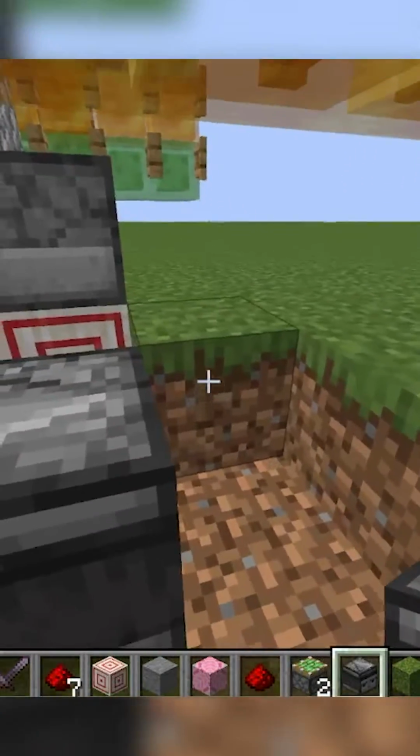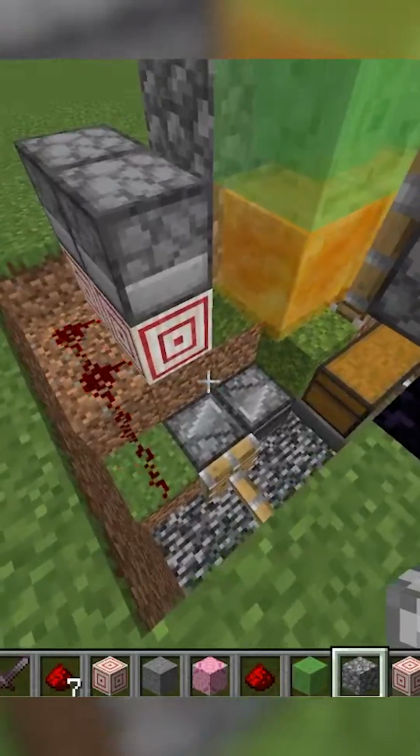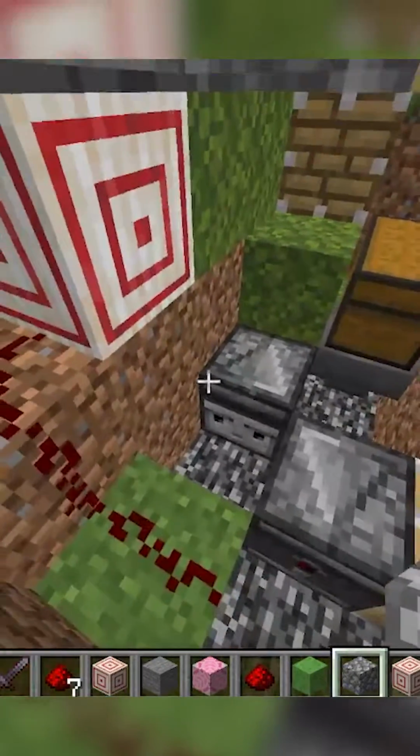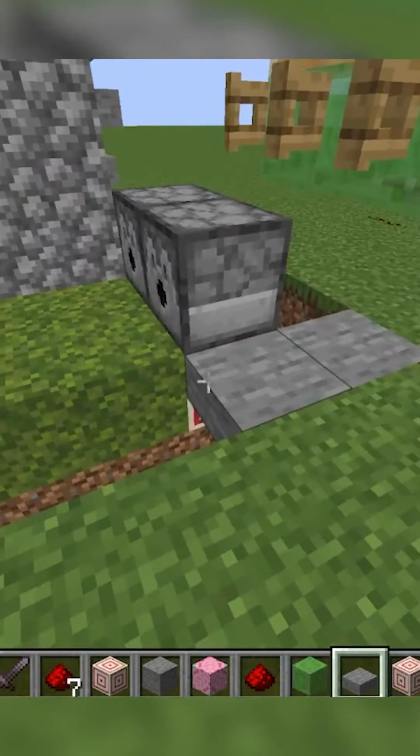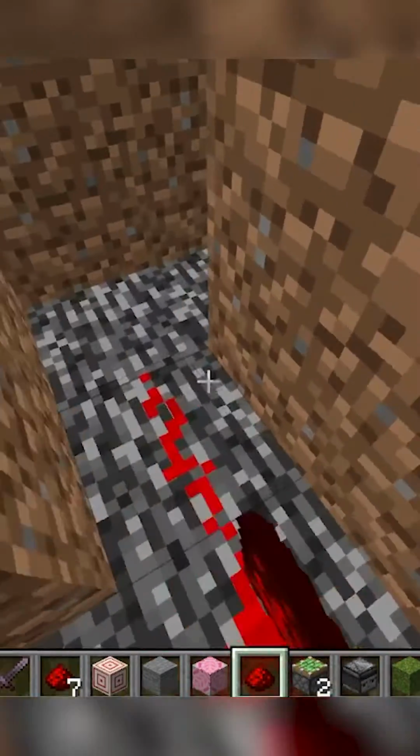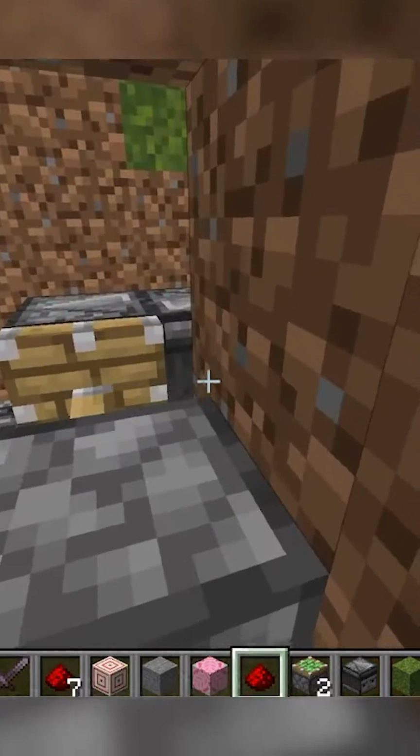Then place opposite facing observers near both the bottom dispensers and top dispensers, with sticky pistons off both of those that can push in to create an observer clock like this. Then lead redstone from the clocks to each dispenser. Then redstone from the original lever to each of the pistons so it makes a clock when the lever is